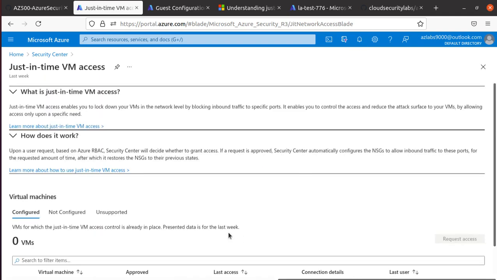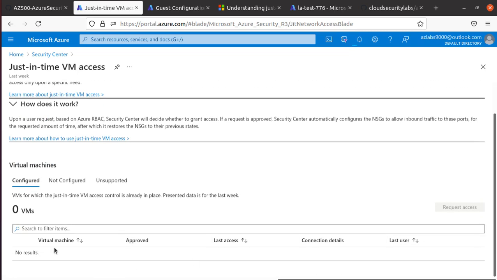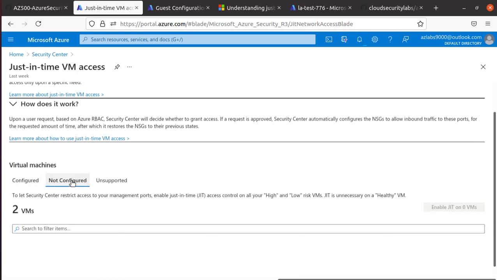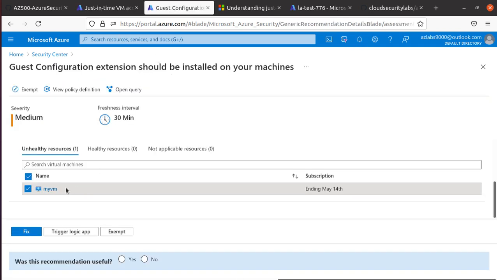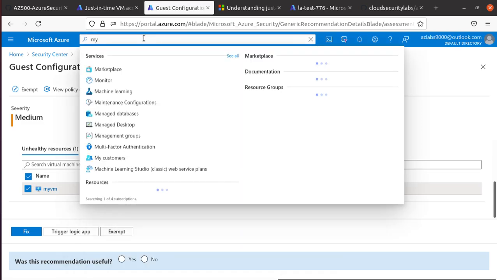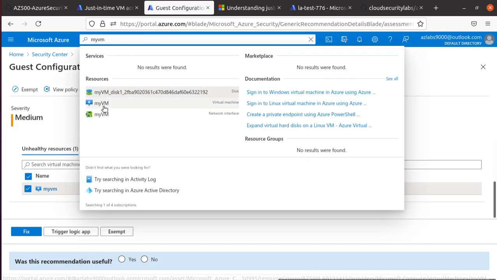So we can come back to that blade, and if you see configured is 0, not configured. If you click on here, these are the virtual machines where you can enable JIT. Right now to these virtual machines I have an open port, so 3389 is open. So again, if I open up my VM and go to the security group,